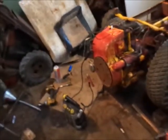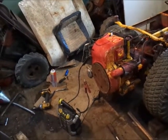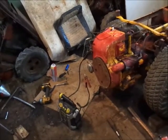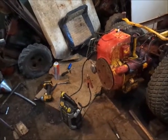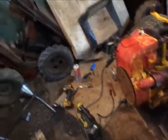As you guys saw in the last clip, I got this thing to run last night. I set the engine tins back on it just to get a picture for it and everything. So today I'm gonna work on the wiring,